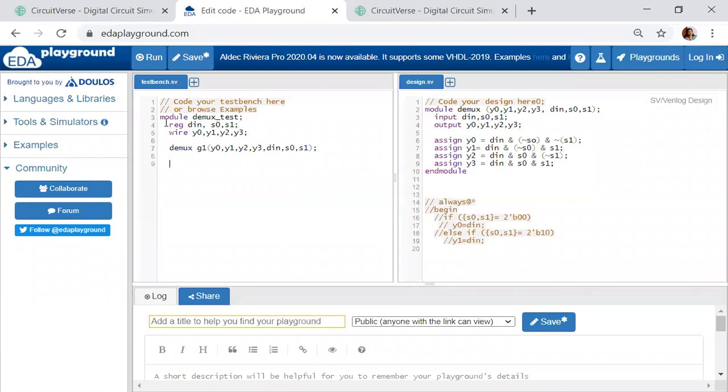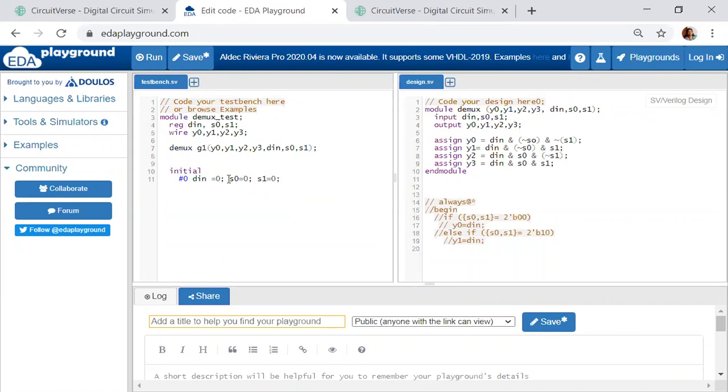So now we are going to write the initial. Initial, so #0, let me take whatever is available in din will be available in Y0. So first I'll take din is equal to 0. In the same case I will give S0 is equal to 0, and in the same line S1 is equal to 0. What happens when you simulate it?